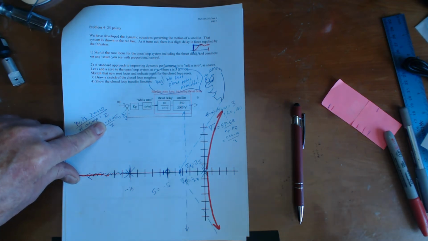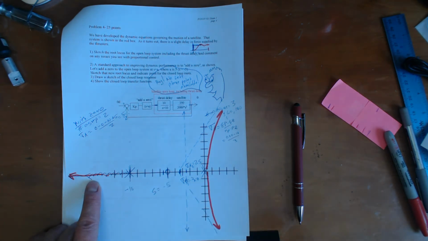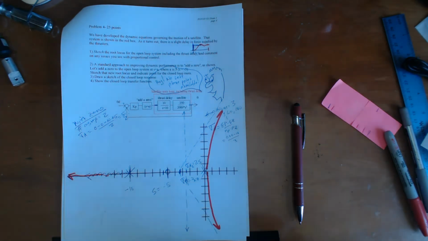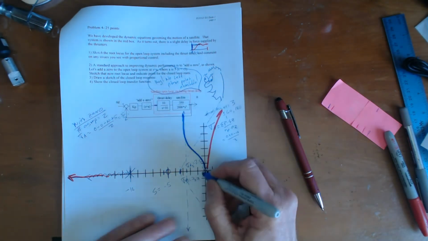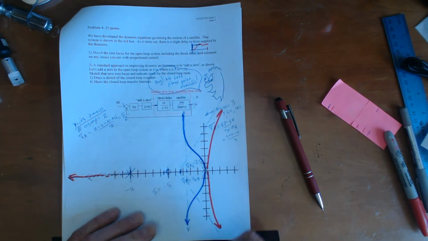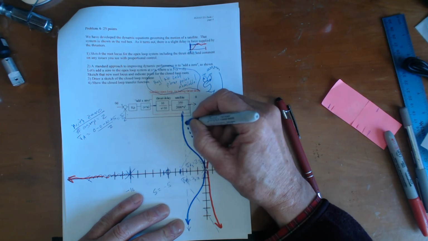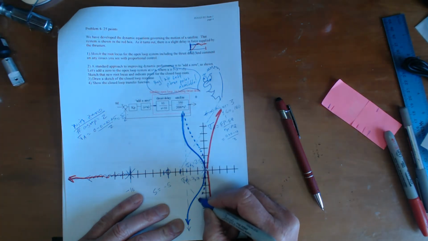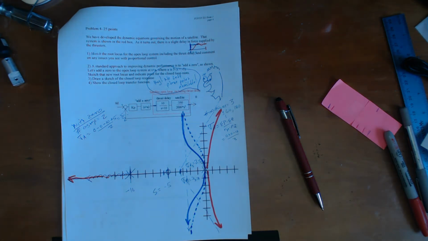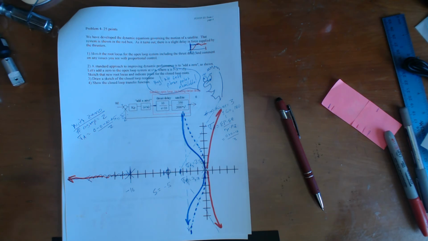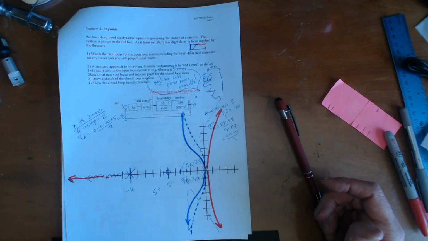In any event, what that means is this one doesn't change. This one still goes out this direction. I'll get a heavy blue one. And these two, then, have to come up somehow and meet. Do I know how they meet? I'm going to draw a slightly different one. I'm always a little aggressive about asymptotically approaching something, so I don't exactly know where they are. I'm just drawing a sketch. It's somewhere like that. So the standard is to add a 0, sketch the new root locus, and indicate points for the